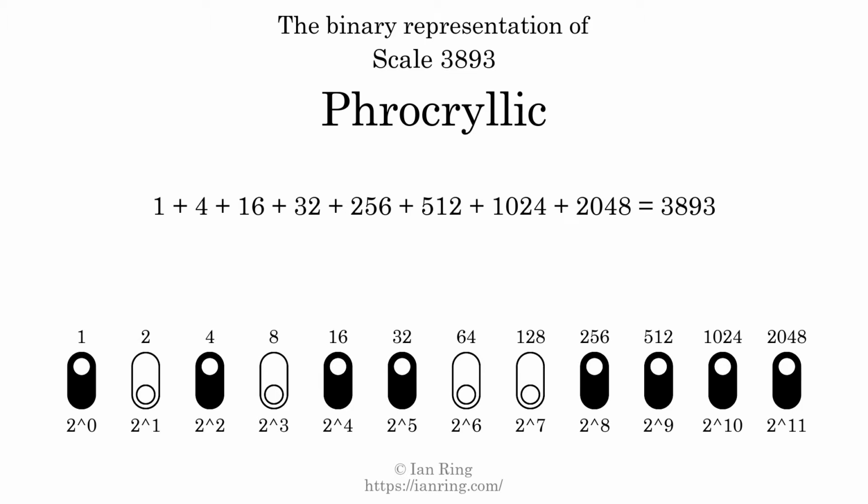That is why the scale number, in decimal, is 3893. The scale number not only enumerates the scale with a unique index, but it also literally describes the tonal content of the scale. Represented as a binary number in base 2, the scale number is